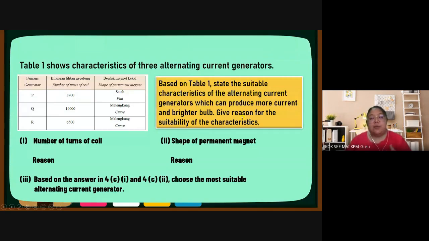Okay，它可以 produce 很多的电，还有你的 bulb 会比较亮。所以他问你哪一个应该你要选的。OK，你选了过后，that means 整个 system 我会 produce 很多的 current，然后我的 bulb 会更加亮。So from here 我们只有2项东西。OK，我们只有2个 characteristic，一个就是 number of the turn，另外一个就是 shape of the magnet。所以第一个跟第7题都一样的，就是 number of the turn of the coil。